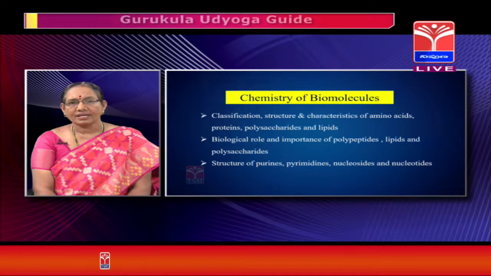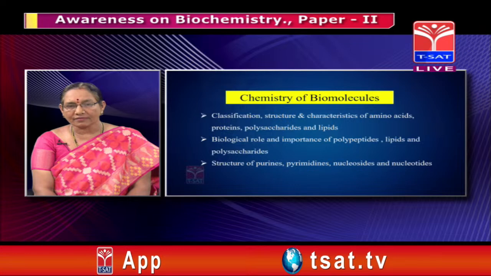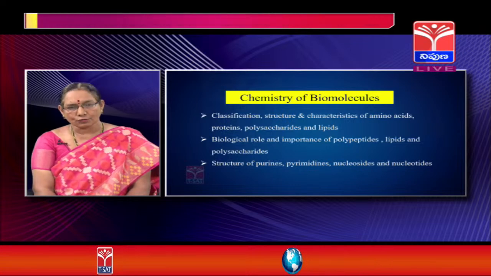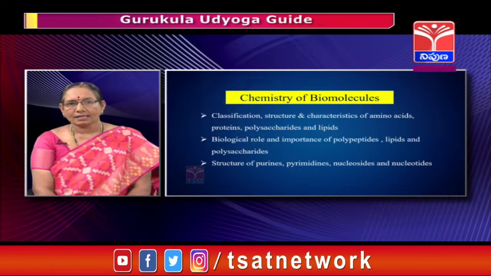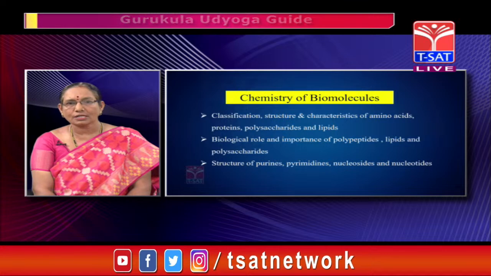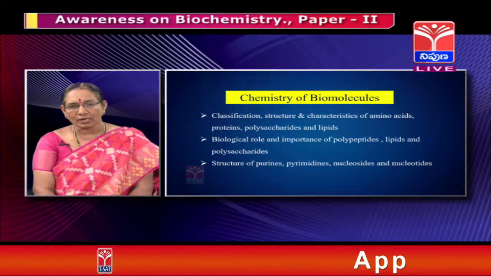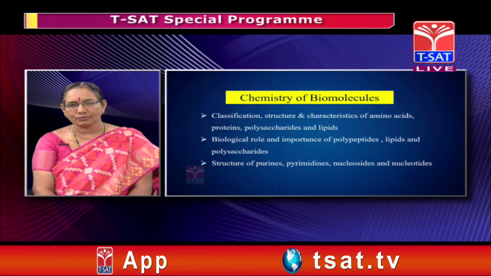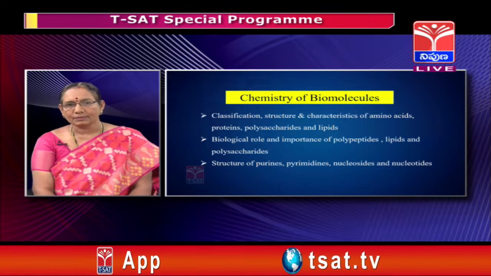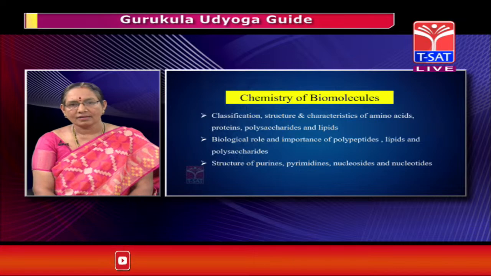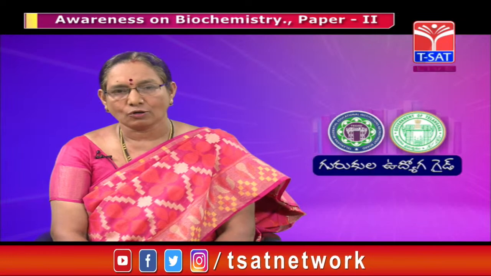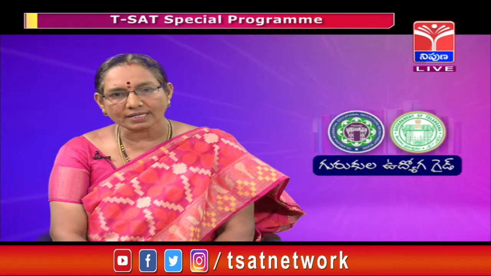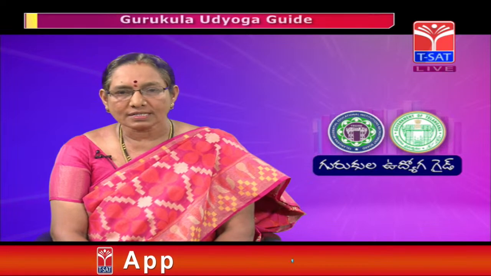Similarly for lipids, we have omega classification, we have N based classification. One needs to be aware of the different types of fatty acids, phospholipids, sphingolipids, sterols, etc. Coming to the next topic, that is biological role of important polypeptides, lipids and polysaccharides, one needs to go with a type study kind. Then moving to the structures of nitrogen bases, familiarly we know the basic purines and pyrimidines, but one needs to know the derived or modified bases,